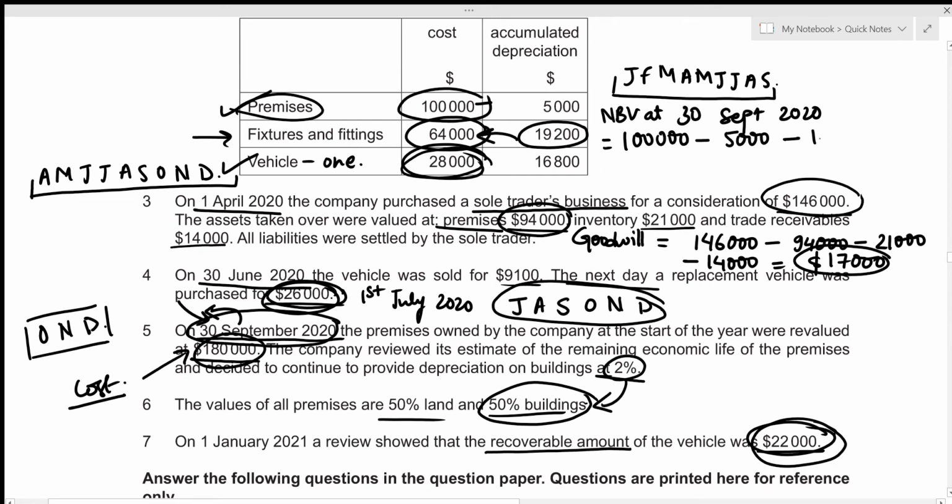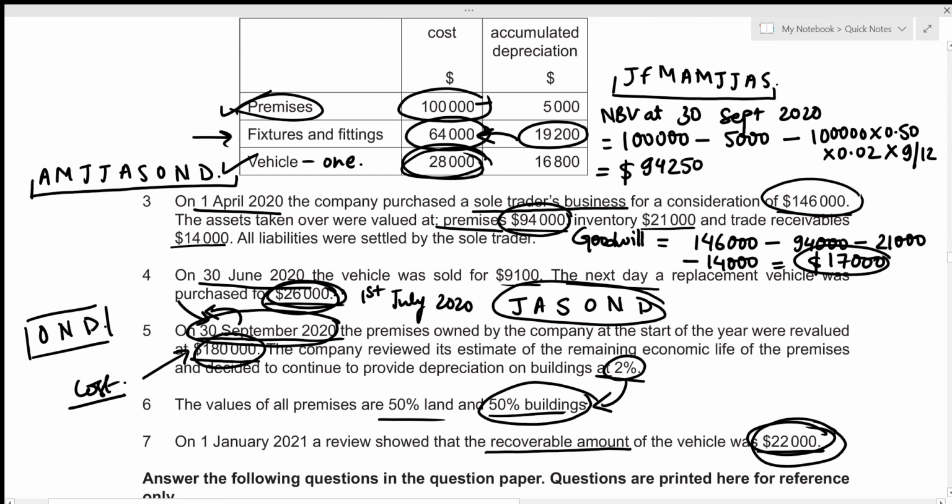So that's 100,000 times 0.50, because we only charge the depreciation to the buildings which consist of 50% of premises, and our depreciation rate was 2%, so that's 0.02, and we are only charging depreciation for 9 months, so that's times 9 by 12. Now this gives our net book value at 30 September 2020 to be 100,000 minus 5,000 minus 100,000 times 0.50 times 0.02 times 9 by 12, which is